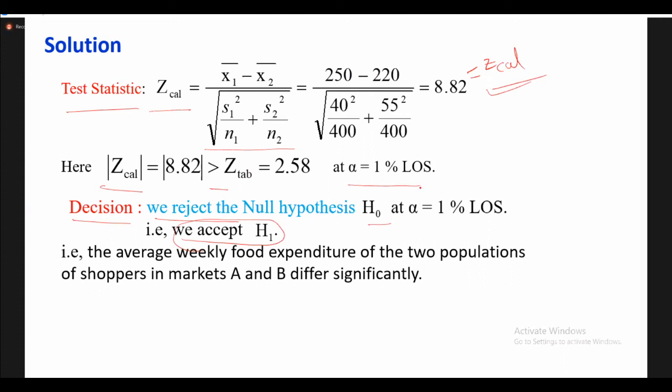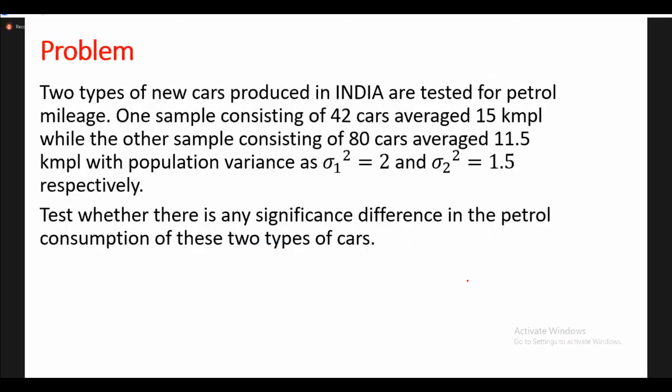All of you practice more problems. I want to discuss one more problem, but time is up. Two minutes is there, after that we'll start the quiz. Until then, if anyone is interested, read this problem once and tell me which test you have to use. Identification is most important. That's why I'm asking. First read that question.